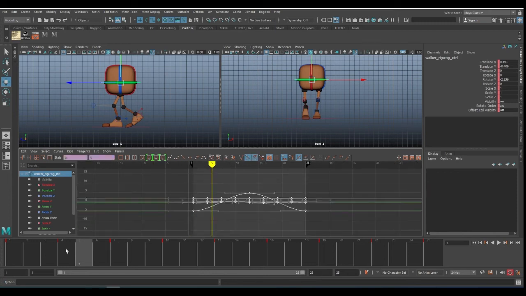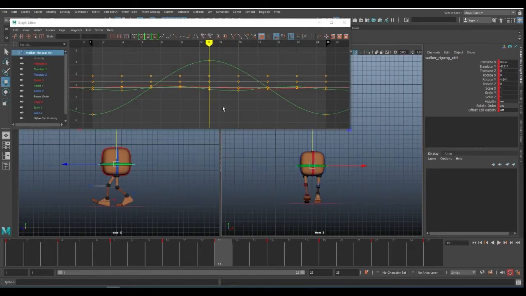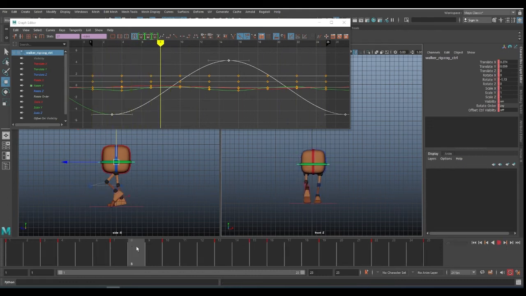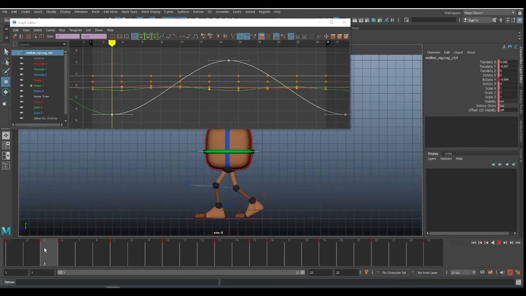First of all, make all the animation pre-infinity cycle and post-infinity cycle, so that when we offset any animation a little bit like this, it should be good. Yeah, I would like to offset this Y rotation a little bit, like 1 frame or 2 frames. All right. The same way,